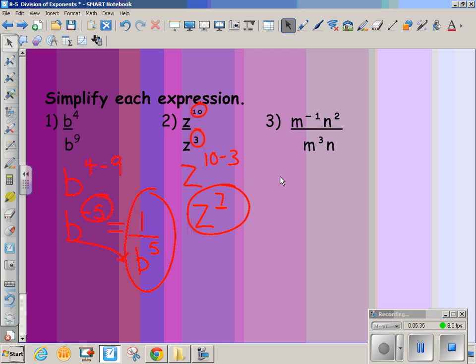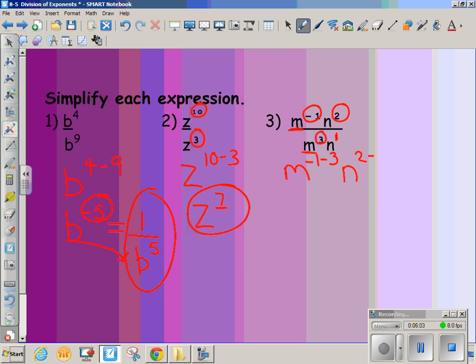I've got an m. So looking at the exponent of m, I've got m raised to the negative first, and then I'm going to subtract the denominator exponent, looking first at the m's, that's all we're concentrating on now, and then do the same thing with the n. So n, and I have my numerator exponent too, and then my denominator exponent,